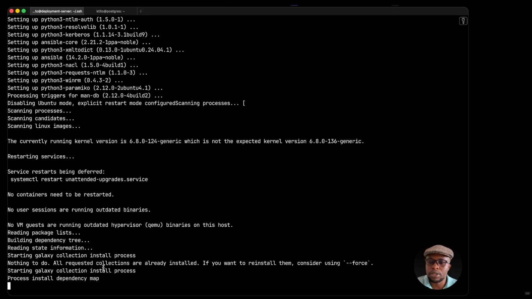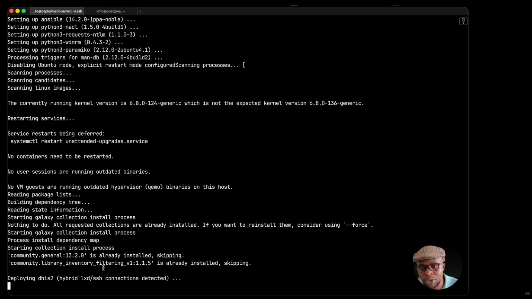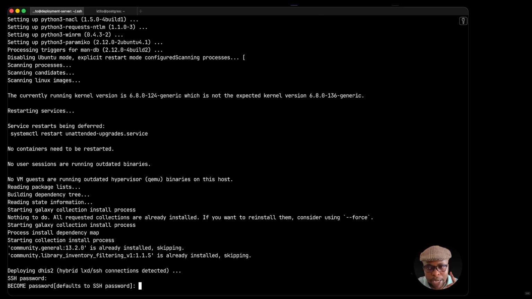One second. It's going to prompt for my SSH password, which in our case we don't have. Well, we have it, but our servers are not allowing SSH password connection. So we have set up key-based authentication, so we just hit enter. The become password is important because we haven't defined the Ansible sudo password for all the hosts, so we're going to need the default, which is